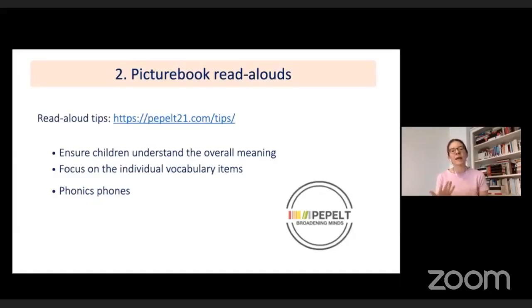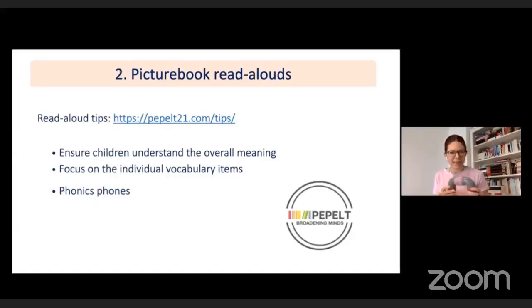And although we say that when we are reading aloud, we are encouraging children to read on their own as well, sometimes it happens that we are reading amazing books in class, but we still have students who are not very interested in reading because they find it difficult or boring. So to help them, I use this phonic phone, and